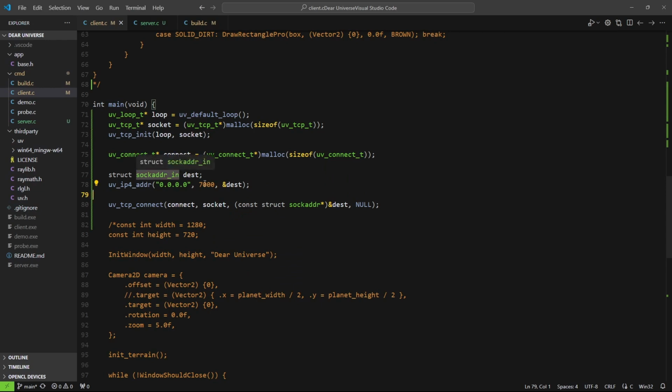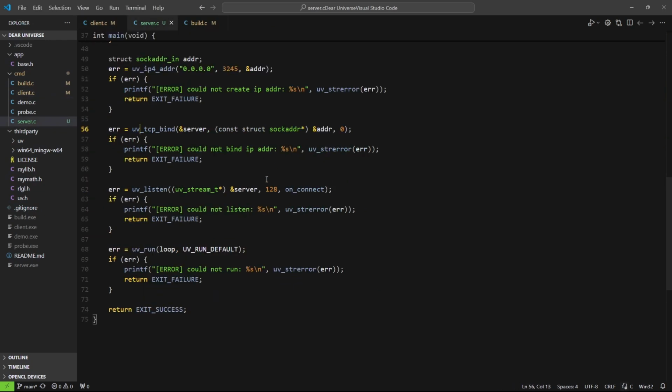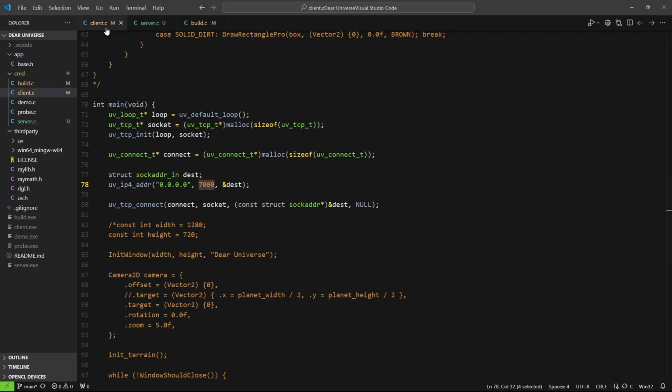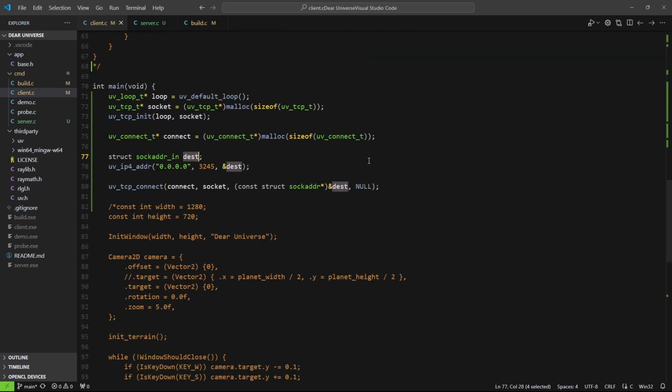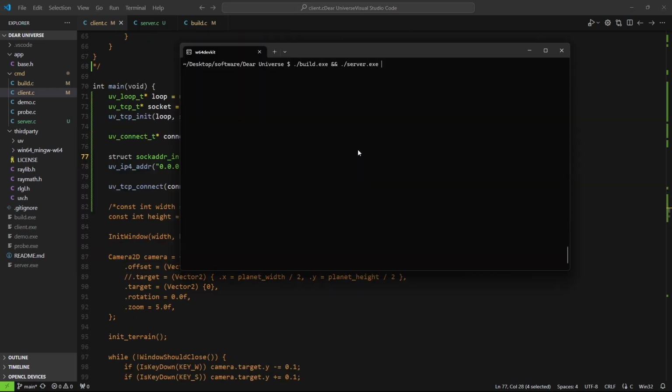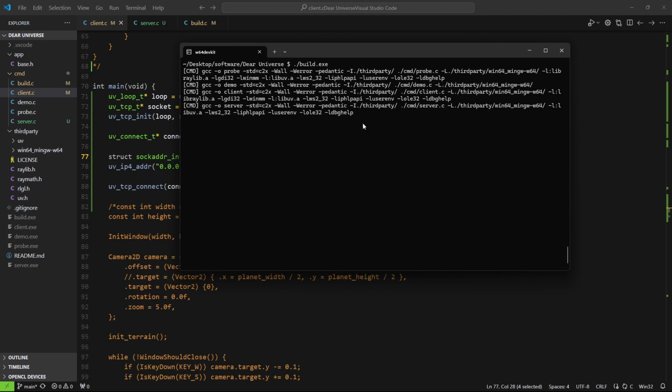Okay. So I need to use the same ports. I can put that into a separate config later, but yeah, that's basically it. We just do a loop, we create a socket, we initialize it, we connect, right? This is a connect request, right? Yeah, we can just do that, whatever. So if I rebuild everything, and here I'm going to need,